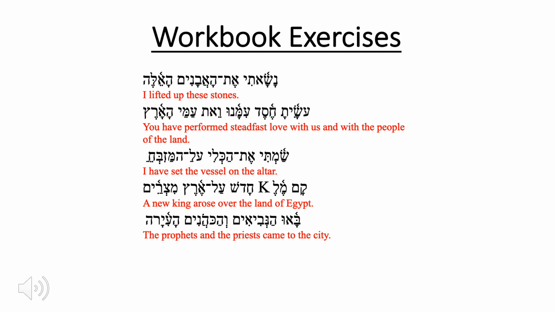This is the word bo, which means to come or to enter, although we only see the holem vav in between the bet and the aleph in the infinitive construct. Here in the perfect, we have simply an A-class vowel, ba'u, they came, followed by the subjects, hanavi'im, the prophets, and ha-kohanim, the priests. The priests and the prophets came, and then we have an indication of where they came,